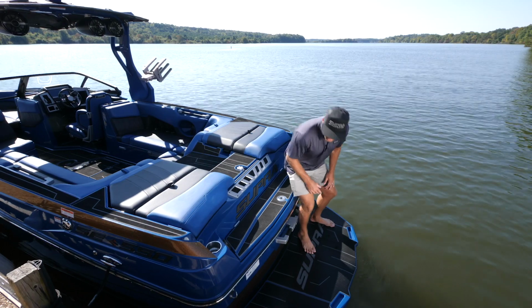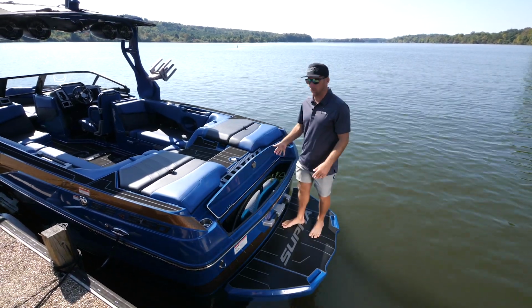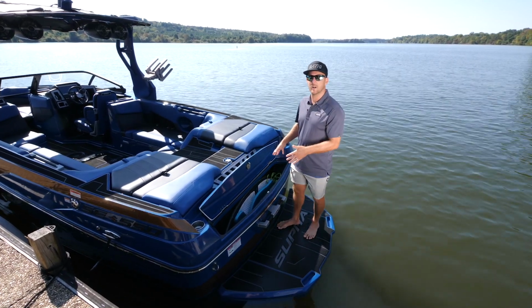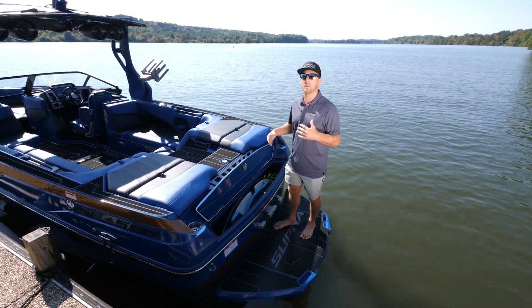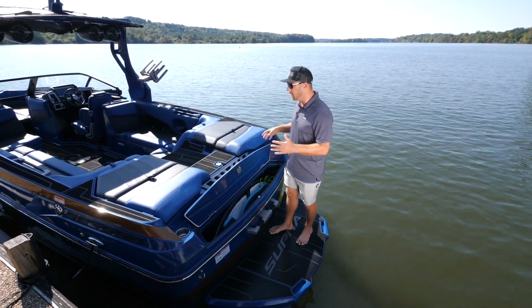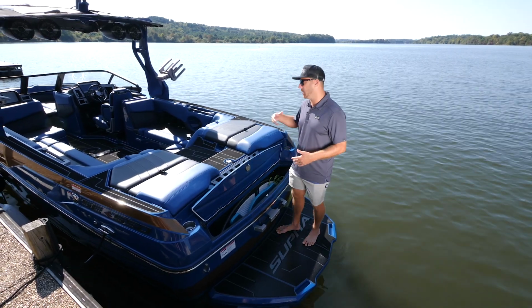Another super awesome feature is right here. You can flip this bench seat up and you've got surf storage right on the back of the boat. It's awesome to be able to store your surfboards in here. What I personally like to use it for is all of my wet gear. So I put my wet life jackets in there, ropes, handles, anything that you're gonna use anyway, you can keep it right here on the back of the boat, conveniently located, so you don't have to bring your wet gear